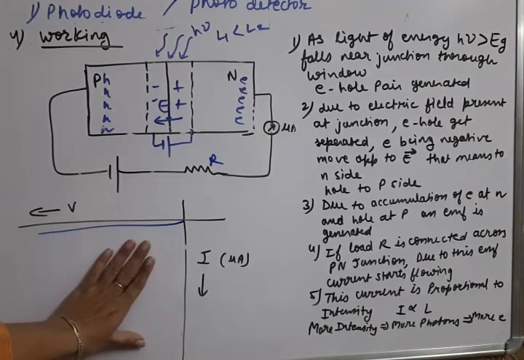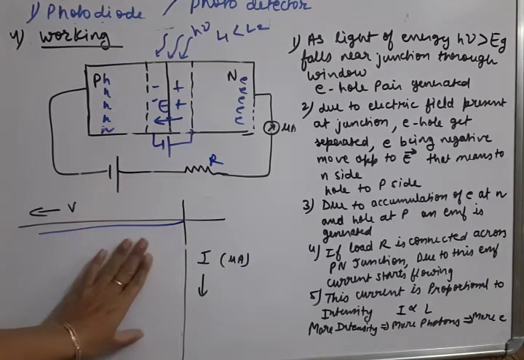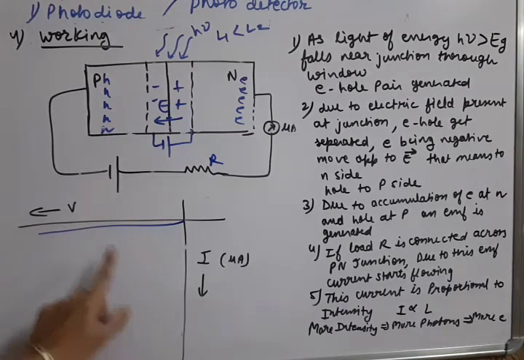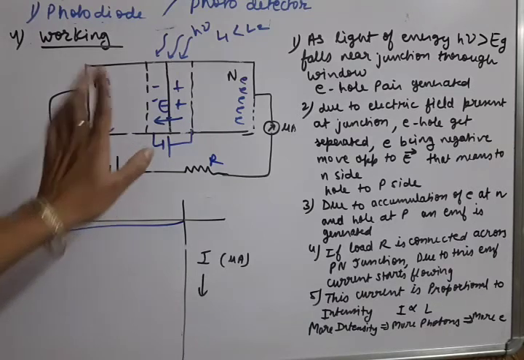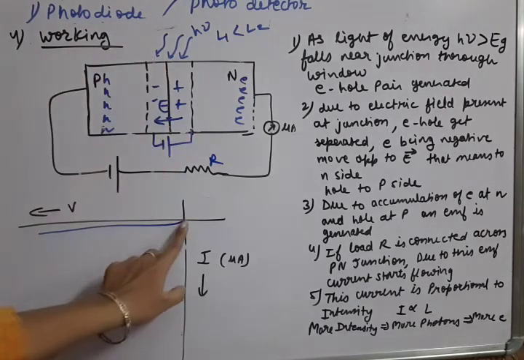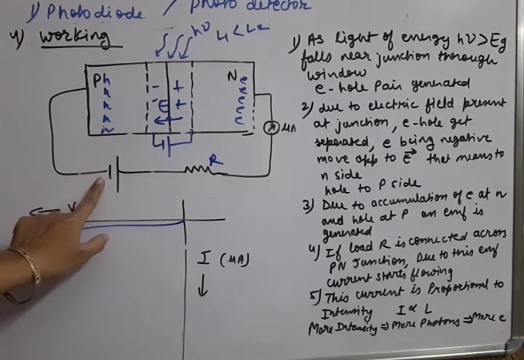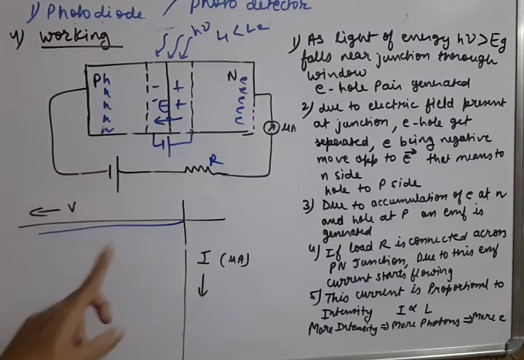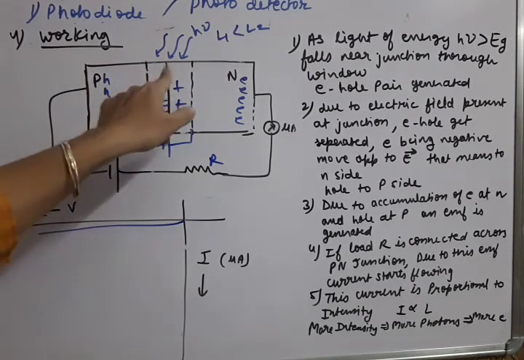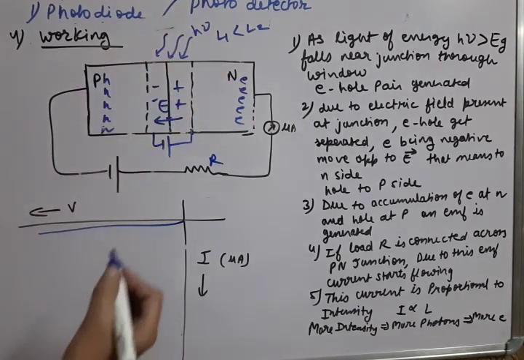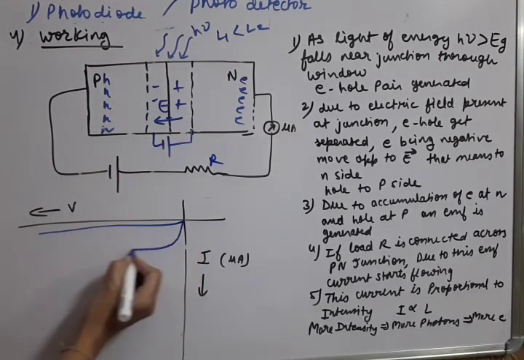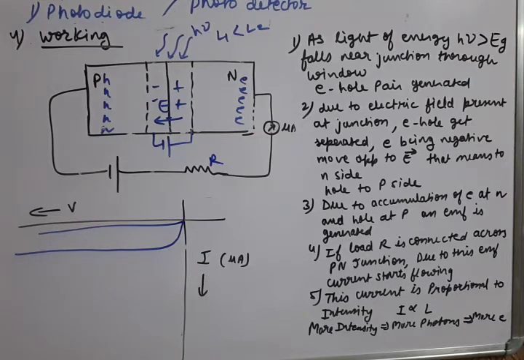Every special purpose diode has a graph also, between V and I. So you can see when there is no light, then a small current can flow due to reverse bias. Okay, and as soon as we make light of suppose L1 intensity fall, then current will increase and it will be parallel to the V axis, at L1 intensity.